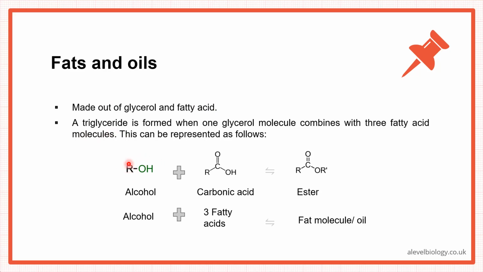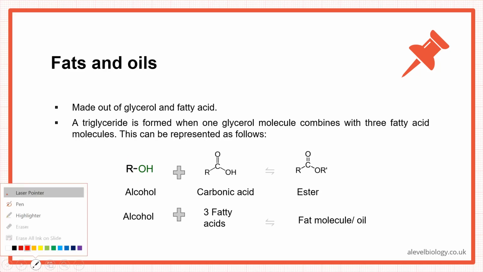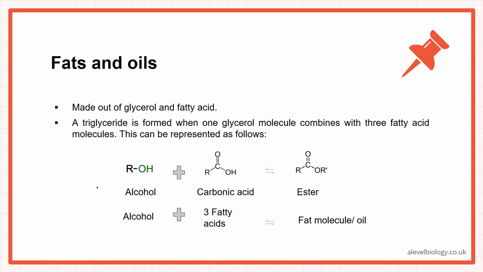So R can be any molecule. If they give you something like this in the paper, it can be any molecule, but this is the functional group we are looking at, the alcohol. And this is the functional group, COOH. Then R can be any molecule, right? So alcohol plus carboxylic acid. So when this carboxylic group attaches to something, it is known as carboxylic acid.